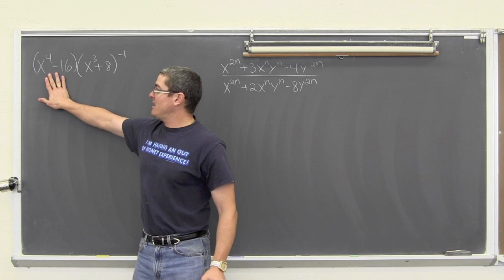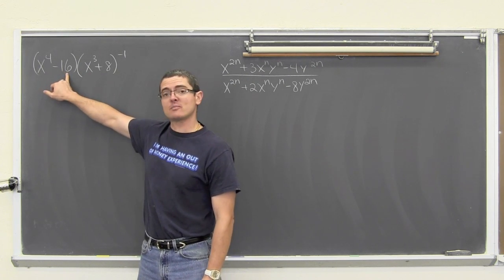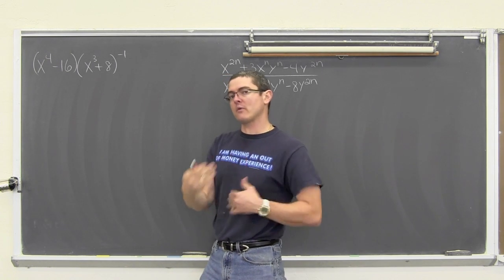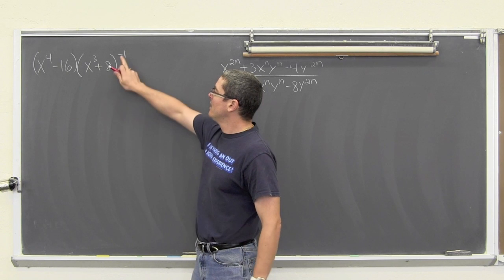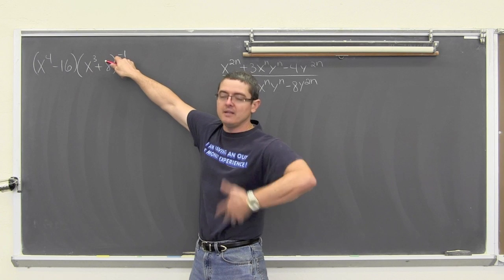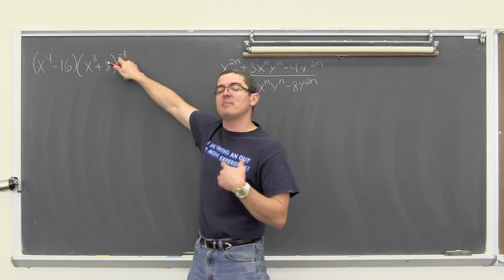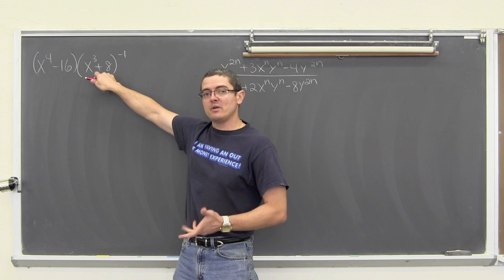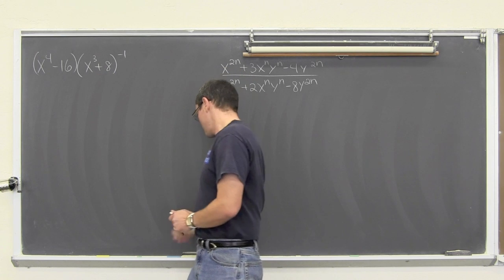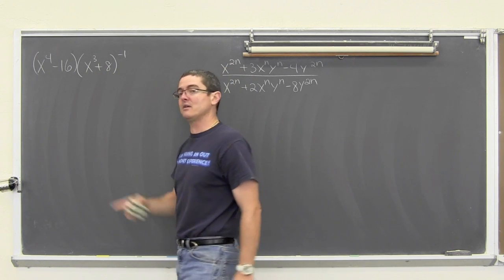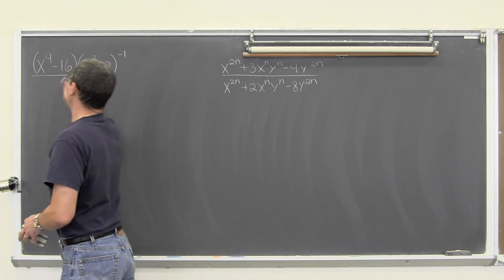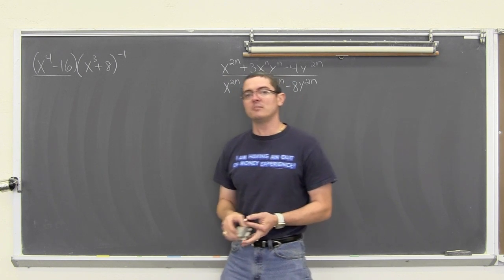We've got a difference of squares here. 16 is a perfect square, and this power is even. So we can divide that power by 2 through the square rooting process, and it'll come out to be a nice even number. We also have a negative exponent here. Let's get rid of that first. Anything to a negative power, if you want to write that exponent to be positive, you want to move its base to either the numerator or the denominator of the fraction. This has a power which is negative, so we're going to move this into the denominator, or make a fraction and move it into the denominator, which is going to make that power of negative 1 positive.